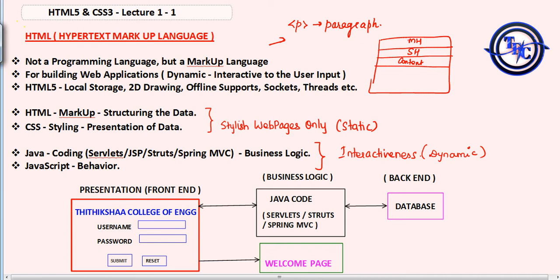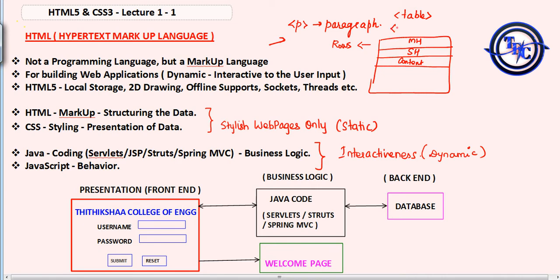For this she is structuring the content inside a table, so she is using the tag table. This entire table is given within this tag. These are rows and these are columns. In this example we didn't use any columns, only rows.